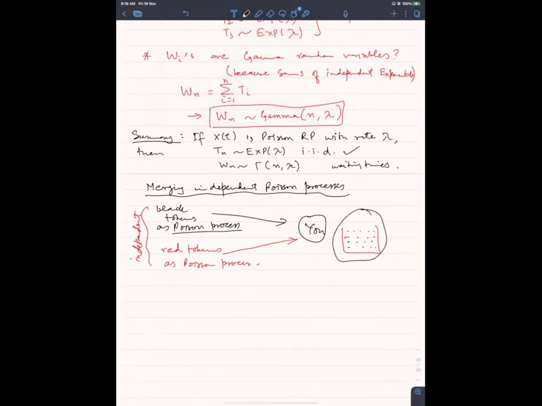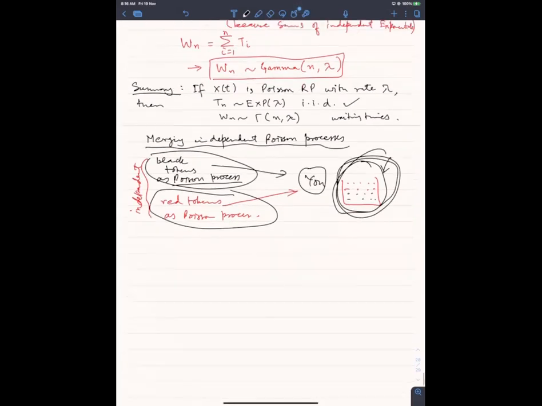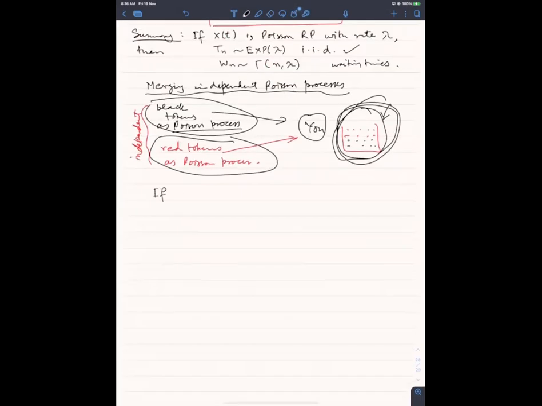So the total number of tokens that are collecting here, we can show that it's the sum of these tokens. You can show that this is also a Poisson process. This guy is also a Poisson process, and it's the merged or summed up Poisson process. So I will give you the definition. If X1(t), X2(t), etc., Xm(t), instead of two sources, you are getting tokens from m sources, are independent